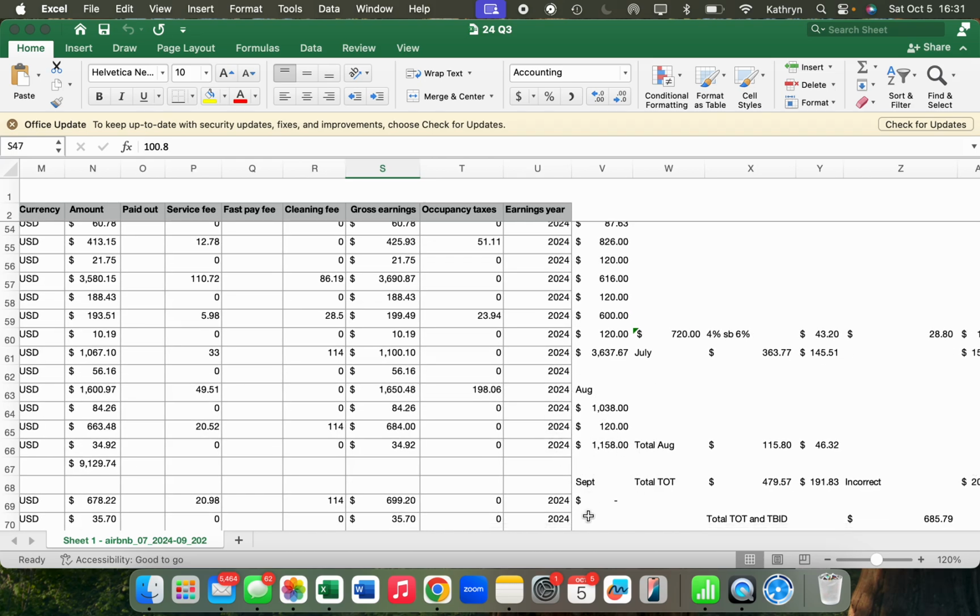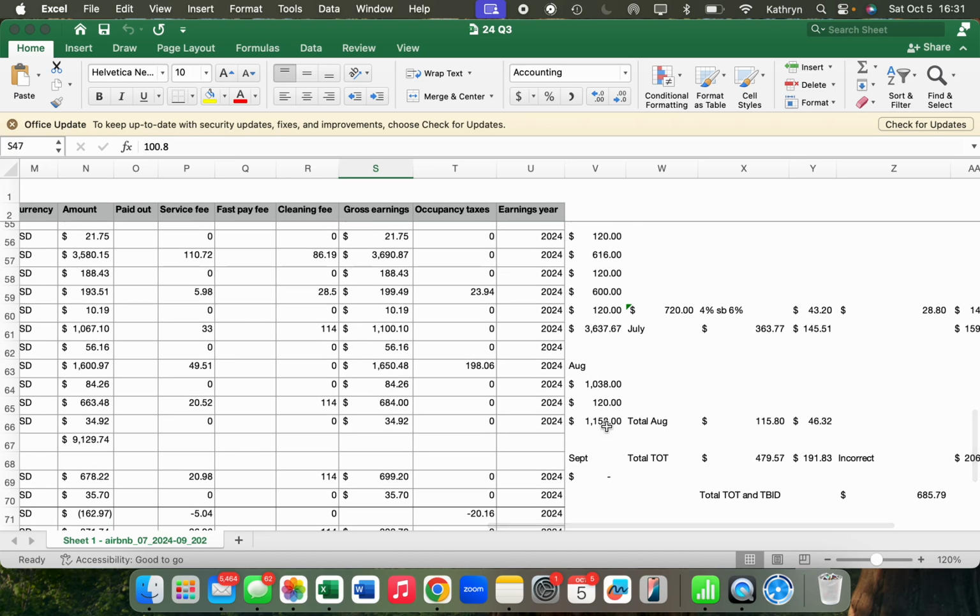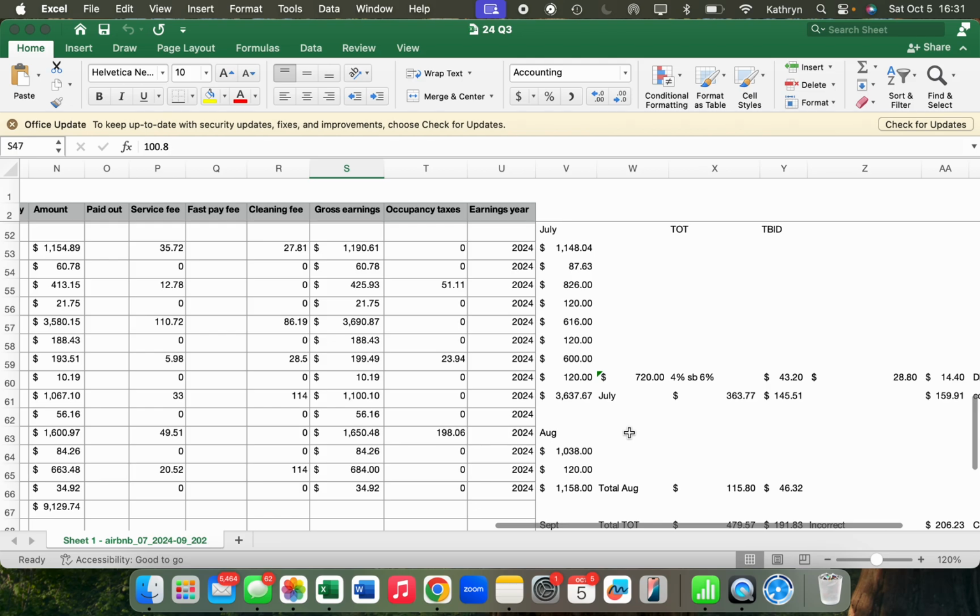And they want it to know it by each month. So you're going to have 3 separate totals. So I had this much. I had one booking in August, and then I had no bookings in September. And so I'm going to go over to the